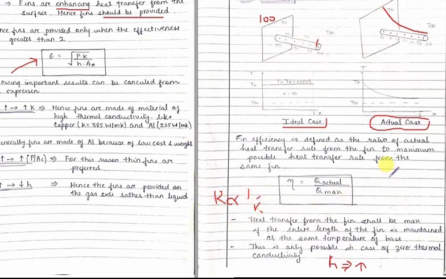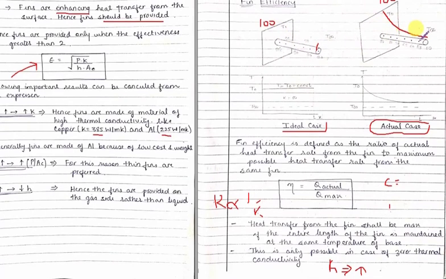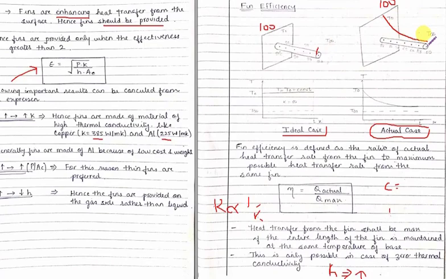For example, the thermal conductivity of copper is in the range of 385. For aluminum it is in the range of 225. For diamond it is the highest. But can we use diamond? No. So the ideal case is possible only when the K value is very large, then only the resistance offered will be very less and the temperature will be the same. But in actual practice this is not possible. That's why there is a drop in temperature.